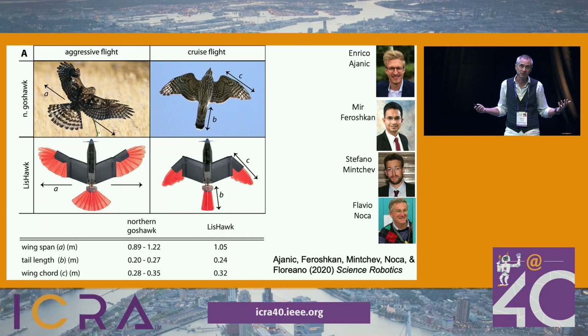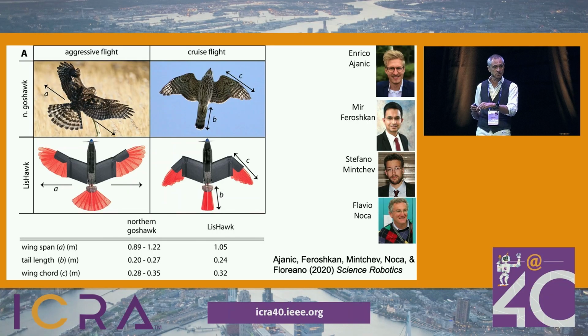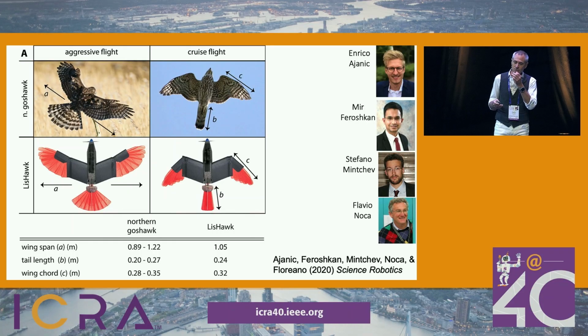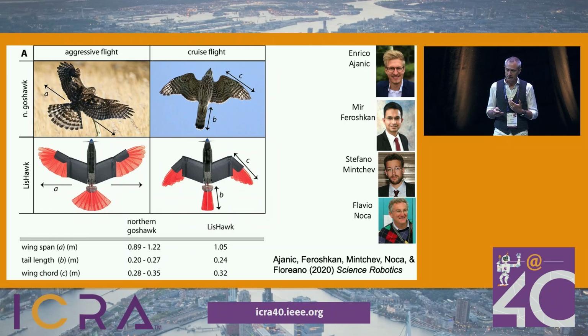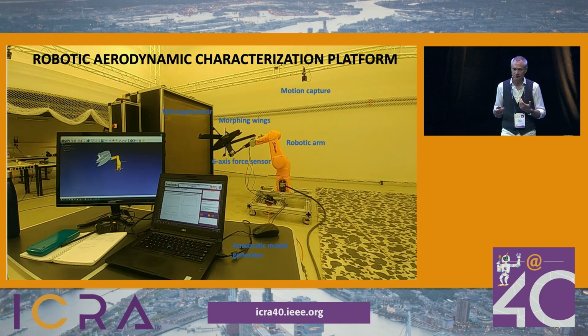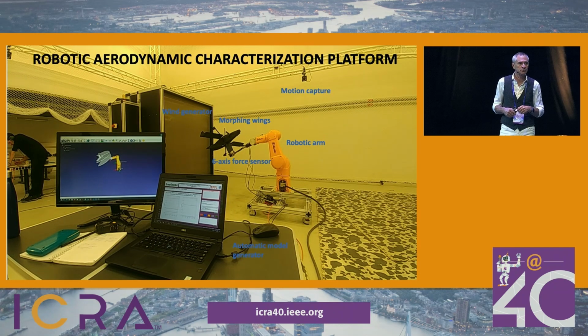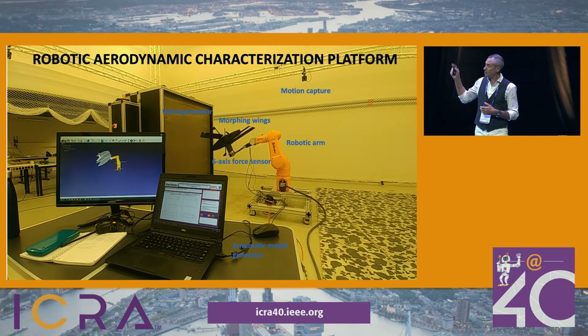As I mentioned, flapping the wings is not the most important thing that allows these animals to be agile. And indeed, most birds, actually all birds, innately know how to fly as they go out of the nest. Instead, they have to learn the precise maneuvers that I mentioned before. And so we built this drone in order to understand the contribution of synergistically moving the tail and the wing to perform agile maneuvers. And we learned a number of lessons by putting this drone in front of an open wind tunnel and on top of a robotic arm.